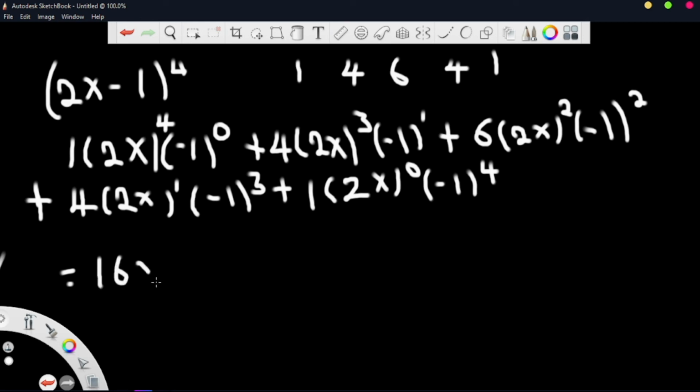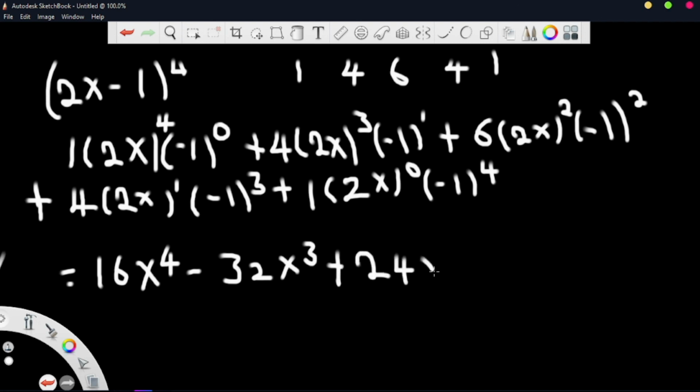Binomial expansion is probably learned by people taking pure mathematics or additional mathematics. So such expansions shouldn't be something which is going to consume much of our time. So once we expand this, we're going to have a negative 32x to the 3rd, and then when we expand that, we're going to have plus 24x to the 2nd,